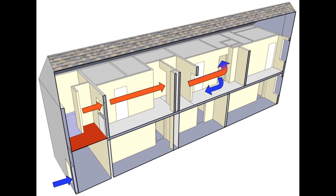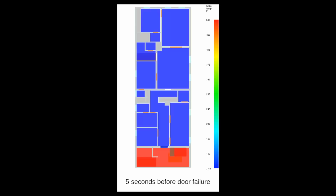The door failure resulted in the establishment of a flow path between the higher pressure and higher temperature conditions in the enclosed porch and the lower pressure and lower temperature conditions in the hallway and kitchen areas of the second floor. This video shows the second floor plan view. The temperature estimates are shown at 6 feet above the floor. The temperature of the gases that flowed into the hallway at this height exceeded 500 degrees Fahrenheit within seconds of